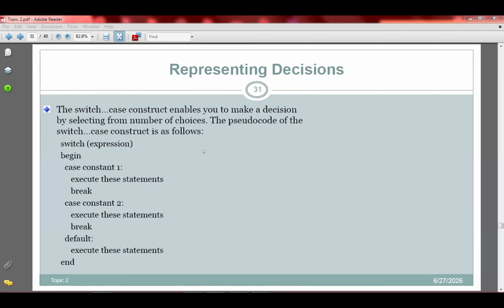Or if it is not true, we may evaluate another condition. So the if else if has more than one condition being evaluated, while the simple if and the if else have only one condition being evaluated. And then based on the outcome, a certain set of instructions is executed.